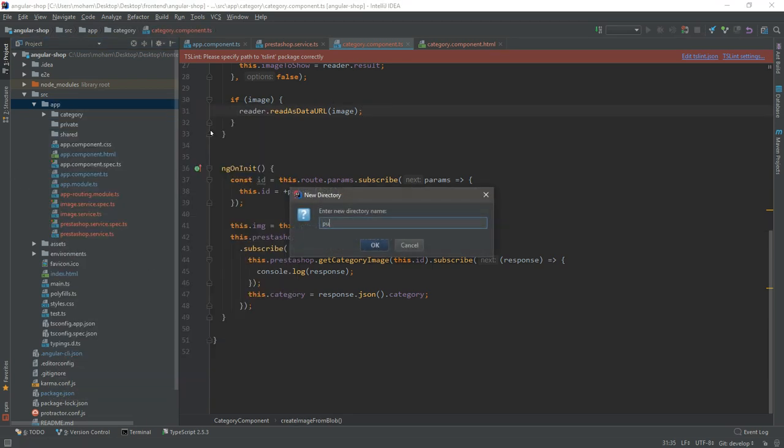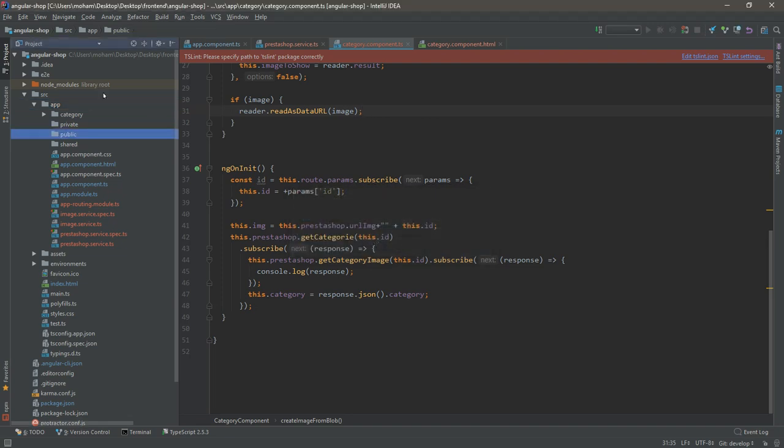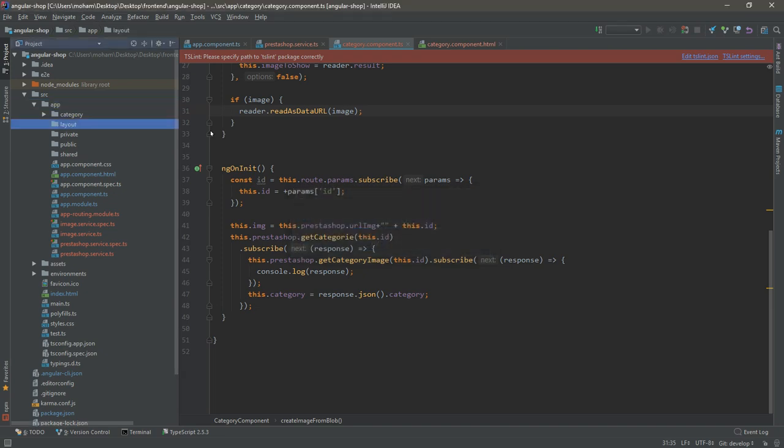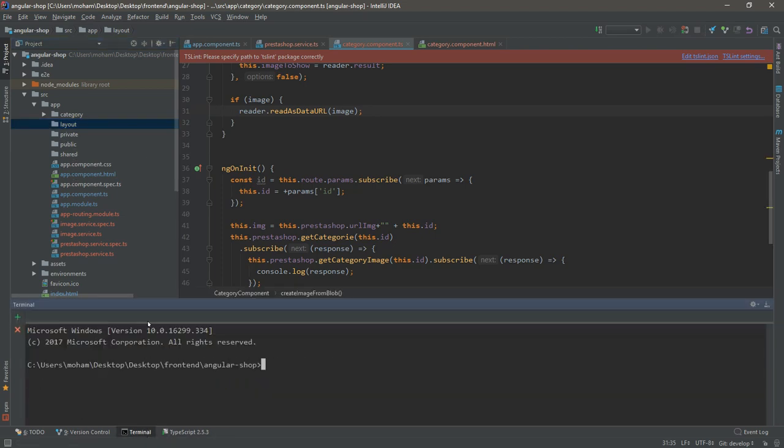Normally I'll go for a public folder. This will contain all the public stuff, and I'll have layout. This will contain the header, the footer, sidebar in case we have one, etc. So it will be layout. And let me just reorganize things. I need this console to do some stuff. I'll go cd src app,